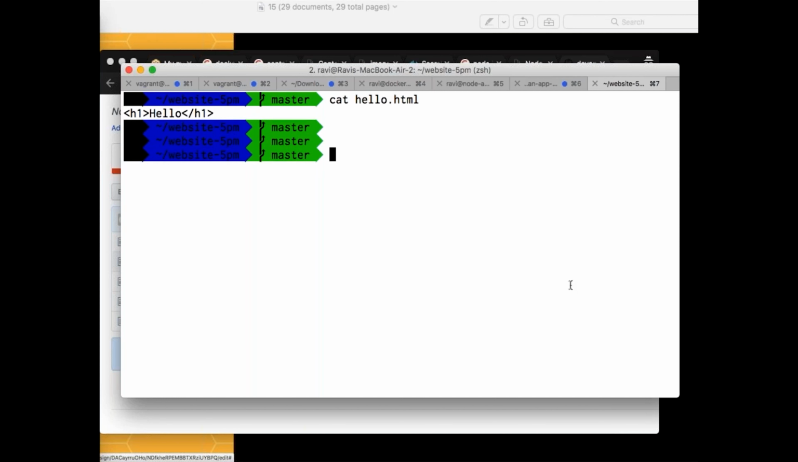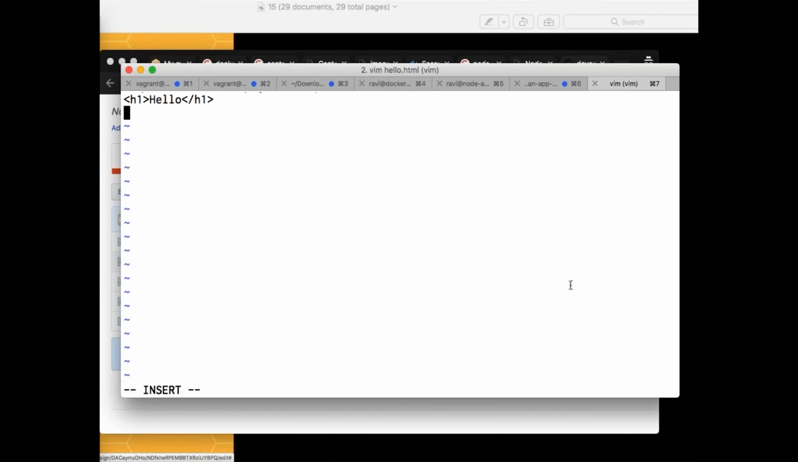Now let's say that person's work is done, and another person started working on this file. Let's say I am developer 2 right now. Developer 1 created the file called hello.html. Now I am developer 2, and I need to work on that file. Now what I'll say: vim hello.html. I am the second developer right now, and I'm going here and I'll say